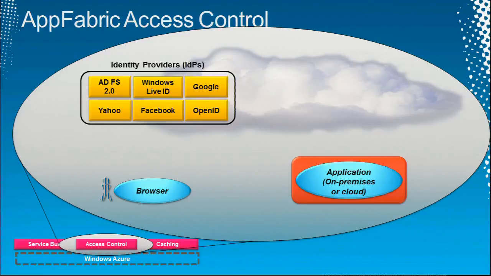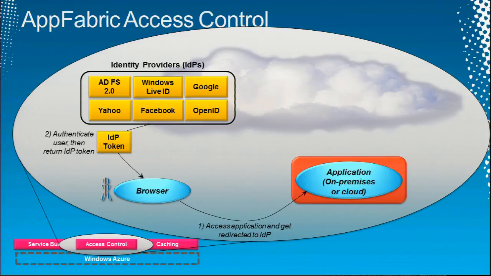So the user at the browser can access the app, and the app says, go get a login, go log into your IDP. It might do this via a button to click on or a browser redirect, whatever. But somehow the user then goes and authenticates, they log in, and they get back this bunch of bytes, let's call it a token, from the IDP. In here is stuff like their name and other things about them. With me so far?